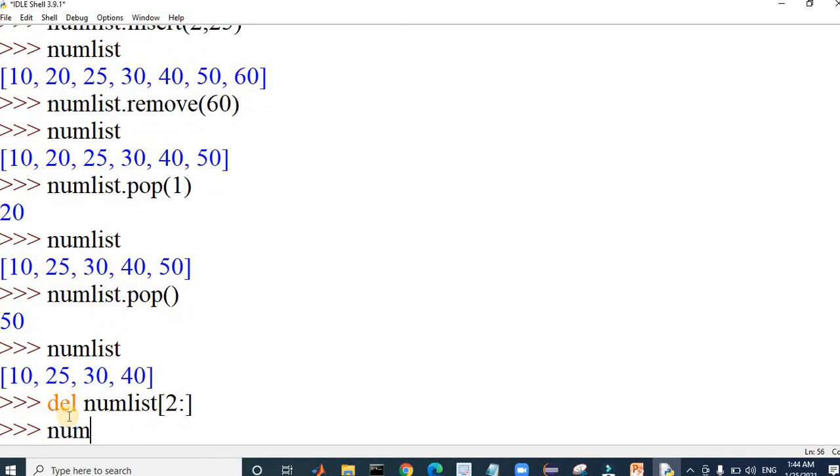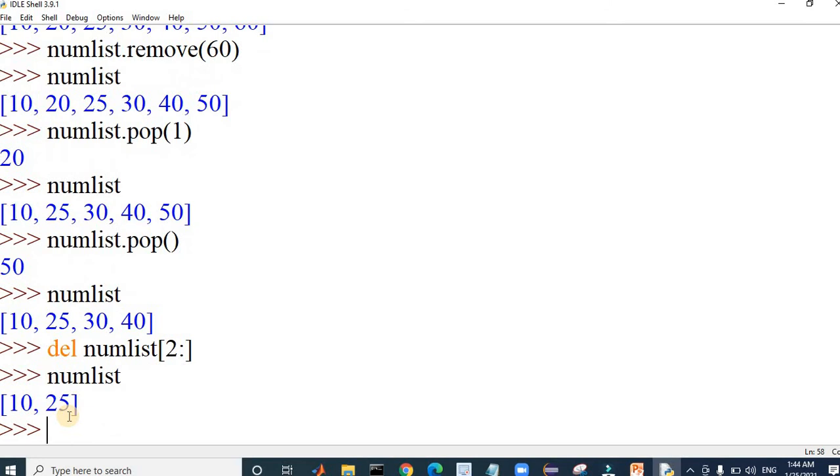So now from the second index element, all elements get removed. The remaining elements will remain as 10, 25, because from the second element we asked to delete all the numbers. We have seen how to perform different operations to remove and append from the list. Now our final list has only two numbers, 10, 25.